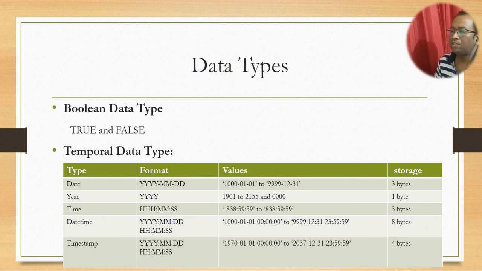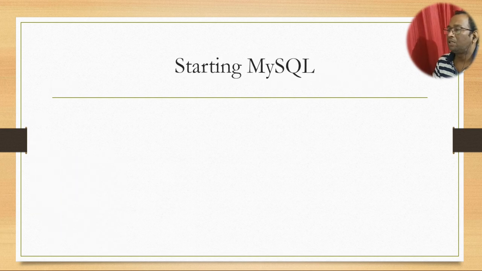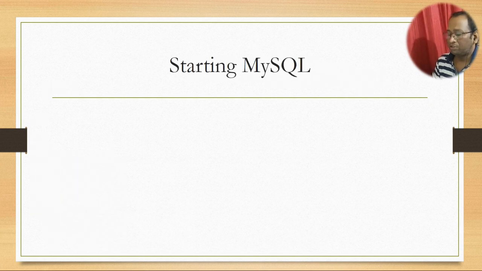Mostly we are using date time here. The format of date time is first the year, YYYY, like 2020. Suppose the month is October, you need to put 10, and then the date of that particular day. Some more data types are also there, like blob, binary large object, and clob,